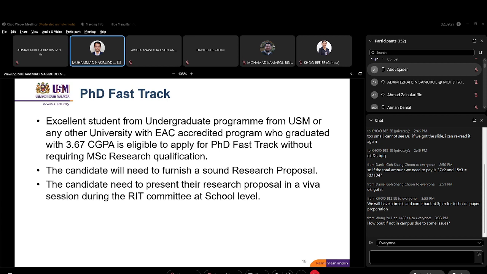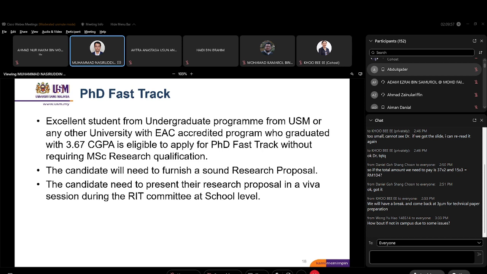All right, so the defense is a kind of Viva session where you need to present your research proposal, a sound one, and then the committee will decide to approve the proposal. The approval is based on the merit of the proposal. It has to have the contribution,